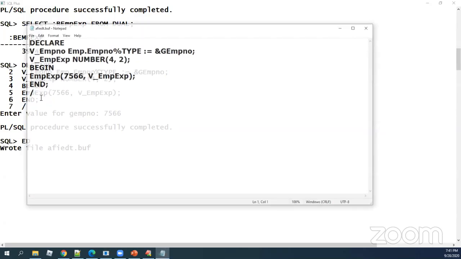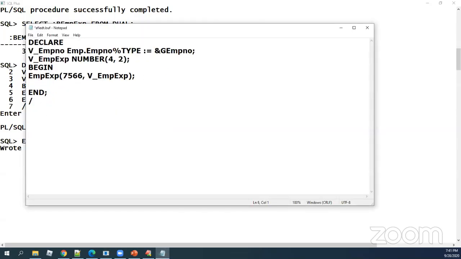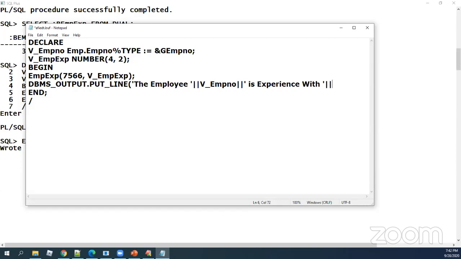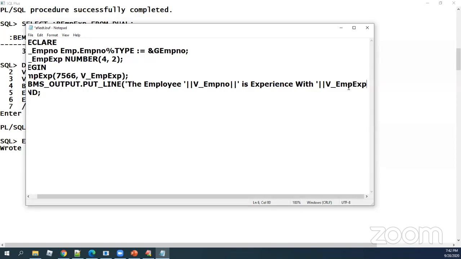Now let me add here dbms_output.put_line, and then the employee v_employee_number is experienced with. We want to pick up this experience to be printed, which is in the out mode status.